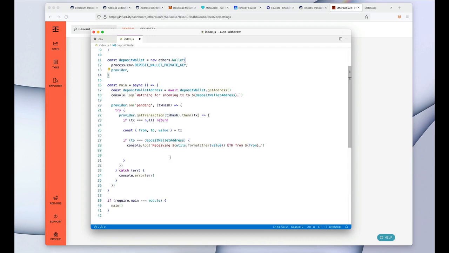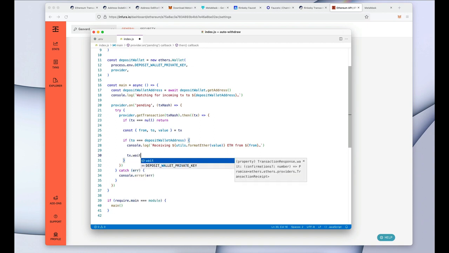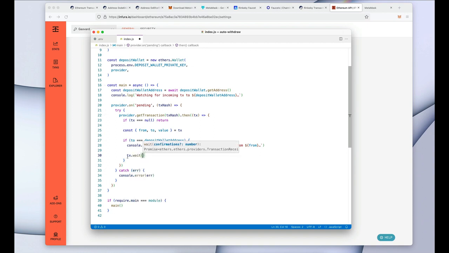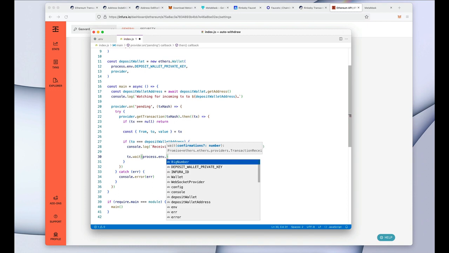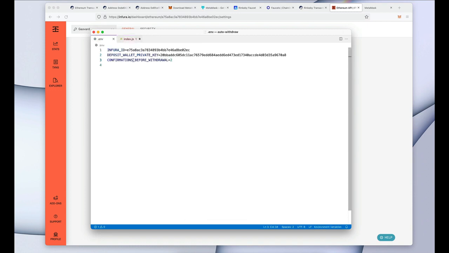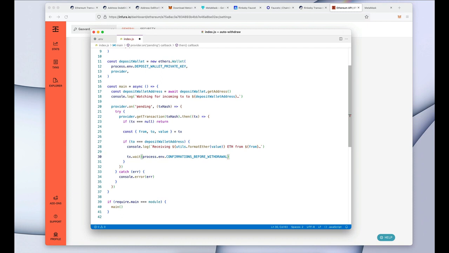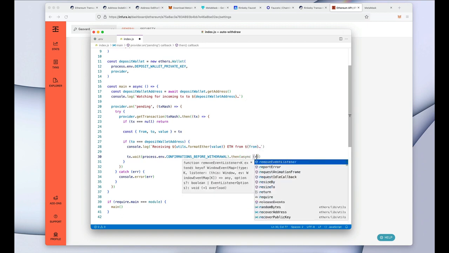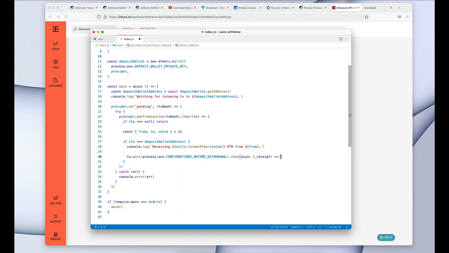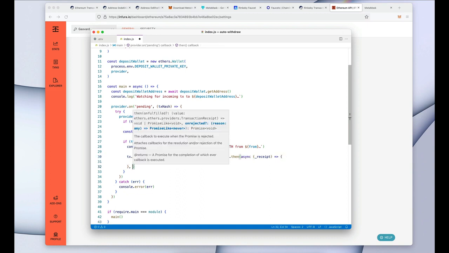Okay, now we want to wait for, and the wait function from Ethers gives us a handy API for waiting for a given number of blocks before doing anything else. So here we'll just pass our process.env confirmations before withdrawal, and then we want to, when we receive our transaction, and also if it fails,